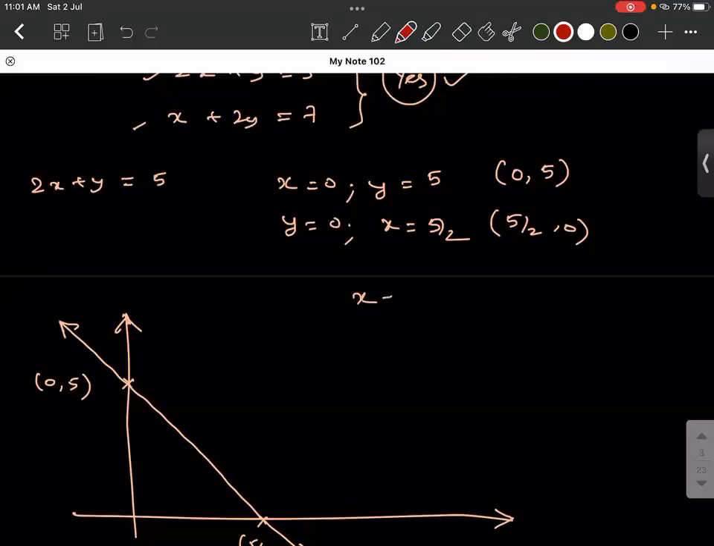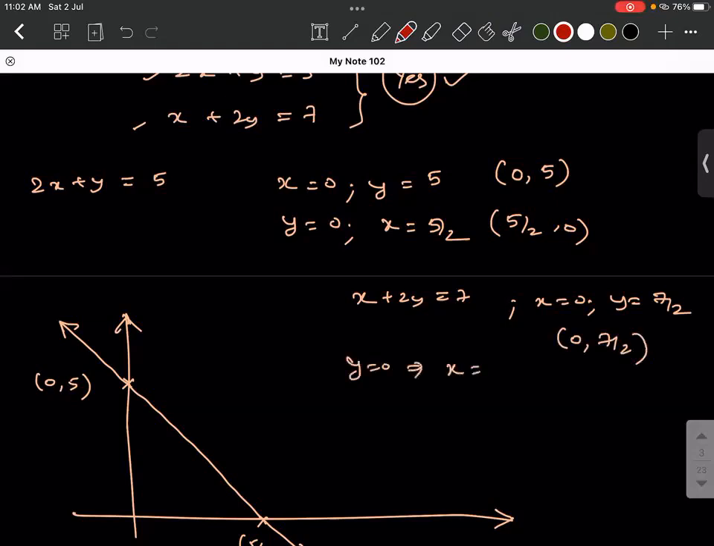Similarly, I have x plus 2y is equal to 7. When I put x is equal to 0, y is equal to how much? 7 by 2. So what are the coordinates? 0, comma 7 by 2. When I put y is equal to 0, implies x is equal to